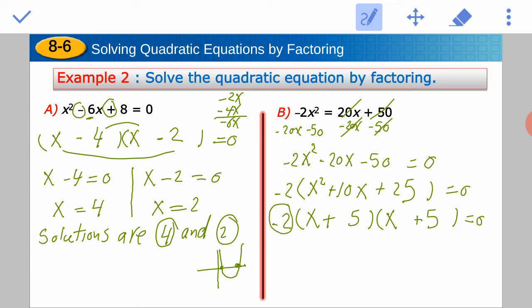Guys, don't pay attention to this negative 2 outside. This is not part of the solution because it's a constant. The solution comes from the binomials. So either x plus 5 is equal to 0 or the other x plus 5 is equal to 0. Guys, they are the same, so no need to repeat the same thing. When you solve this equation, it gives us x equals negative 5. So there is only one solution of this quadratic equation. So the solution is